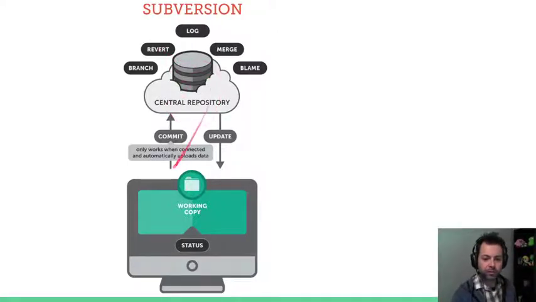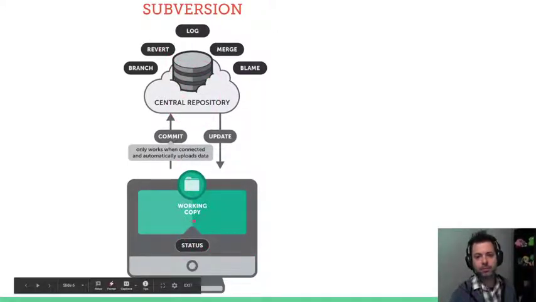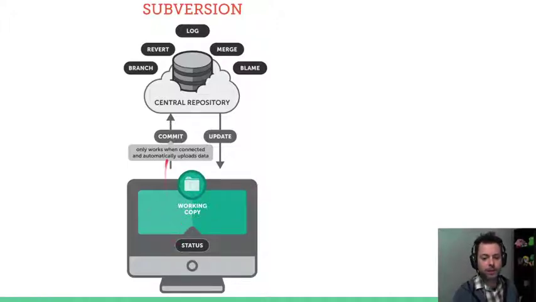What you're going to do, this workflow, is that I'm going to create a local sandbox in my computer, right? I'm going to make a folder. I'm going to say, pull down the latest version of all of my files onto my computer. And what happens here is that I get a working copy and I do my updates locally. And when I'm ready to make a change, I make sure that all the locks are in place that we talked about. I make sure that I have updating rights and all of that. And then I push my changes to the Subversion server, for instance, right? So this only works when we have a network connection, when we have the correct locks and everything, and basically everything is server based here.